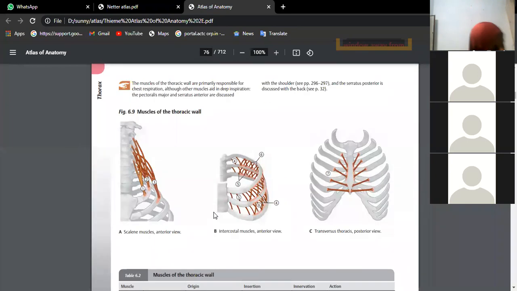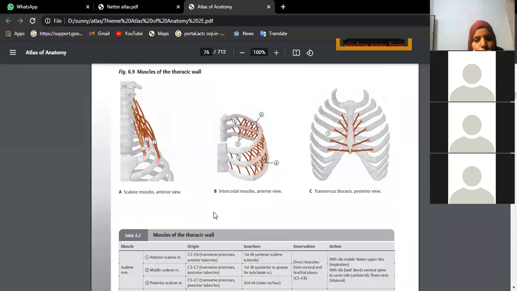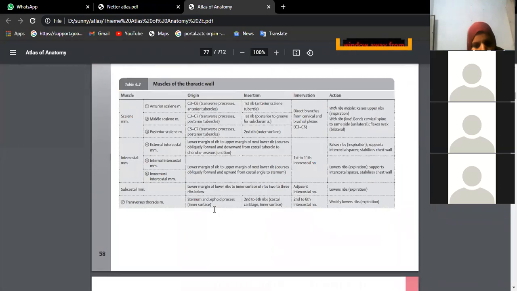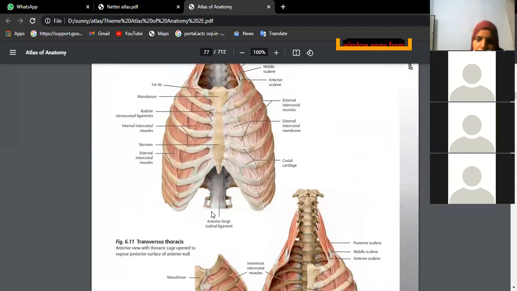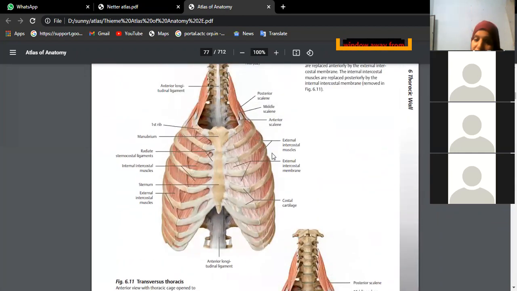This we will do osteology later, but I will focus more on soft parts because tomorrow when you go and see, you should be able to understand. Now see here. After removal of pectoralis major and minor, when you go to the cadaver it will be in this state. Exactly, it will be seen like this. That means, you are finding this is the intercostal space, which is bounded by the lower border of the rib above, upper border of the rib below. Medially, you have the lateral border of the sternum. Behind, we have the lateral borders of the vertebral column.